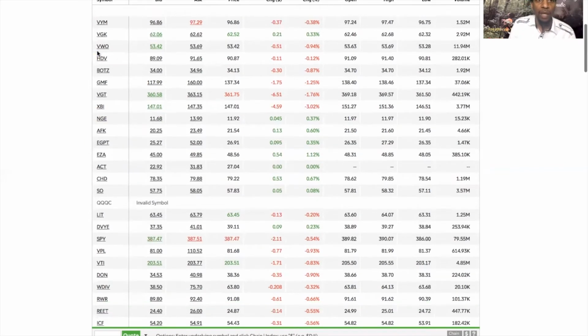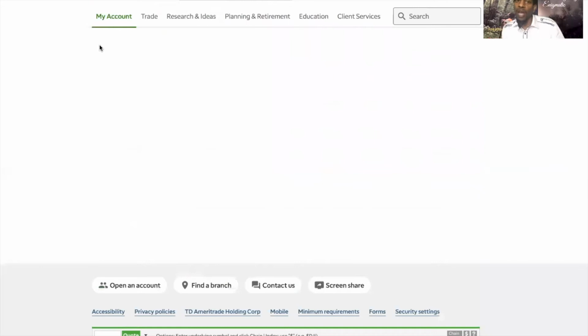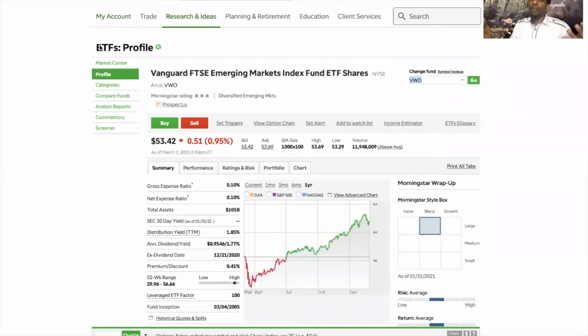Let's look at VWO, which is a Vanguard ETF, right? An ETF, an exchange traded fund, has a plethora of companies under one particular unit. So instead of buying one particular stock, you're buying a multiplicity of companies under one umbrella. So let's say two of those stocks in that umbrella were GameStop and